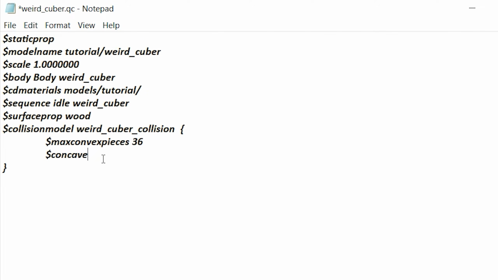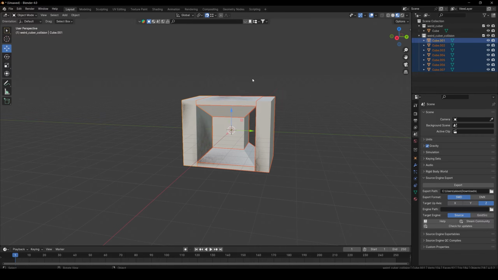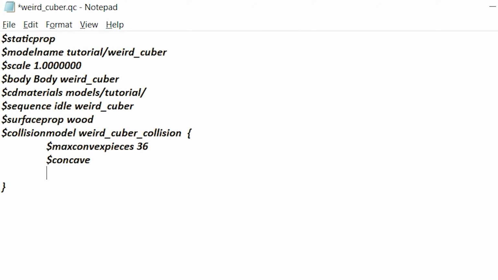And the $concave, or the money sign concave parameter, is basically saying that the collision model is concave. So how I was saying earlier, we have 7 convex pieces, which all together make a concave collision model, right? And this is what we're defining in the QC. And then I'm going to add another one here just because I don't have it here. If you're making a physics model,